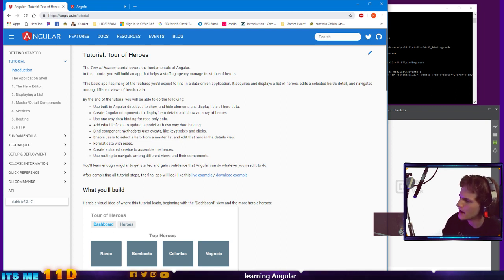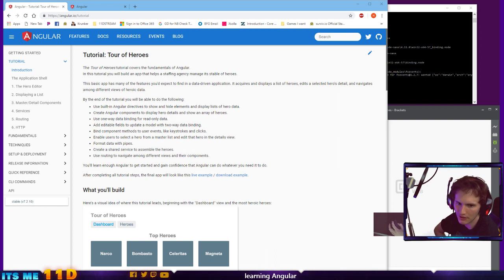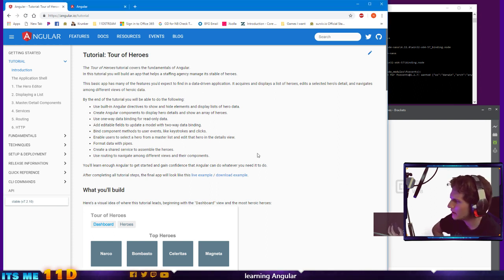Super excited. This basic app that we're going to make today has many of the features you'd expect to find in a data-driven application. Let me turn down the music a little bit here, as awesome as the music is. Oh, it's already down as low as can be. Alright. By the end of the tutorial, we're going to be able to use built-in Angular directives to show and hide elements and display lists of data. Oh, that's going to be really good when I have the lists of the projects that I'm working on